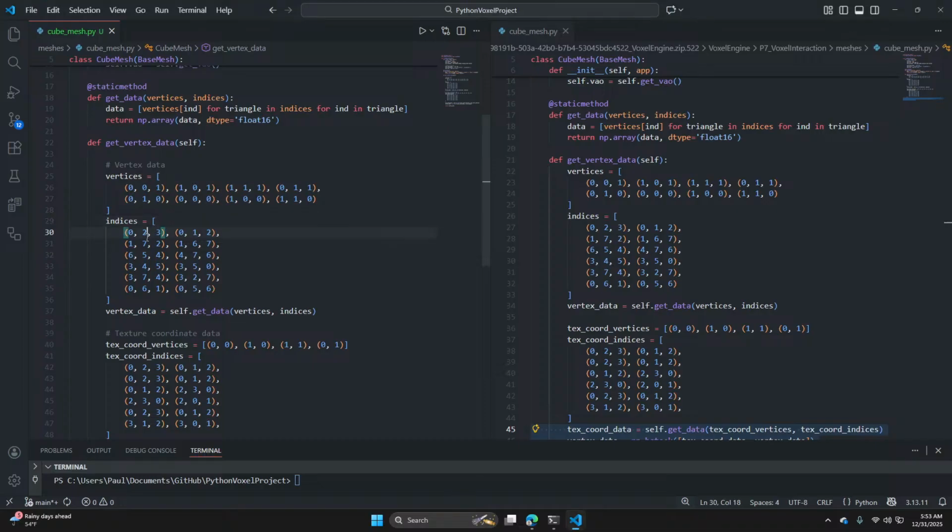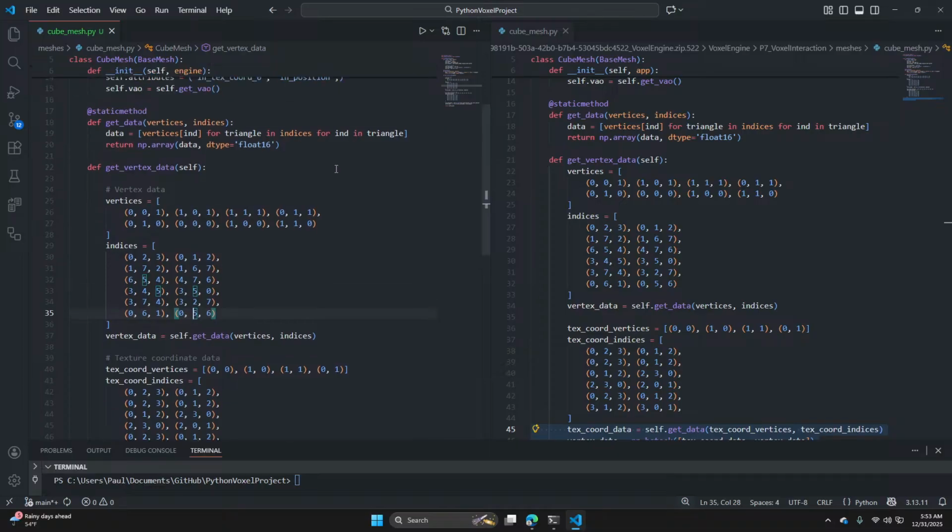Okay, so this is a triangle, right? And it's doing 3. Next triangle. Do. Next triangle. Do. Oh, okay, for triangle. That makes sense. So this is 1, 2, 3, 4, 5, 6, 7, 8, 9, 10, 11, 12. 12 triangles with 6 sides.